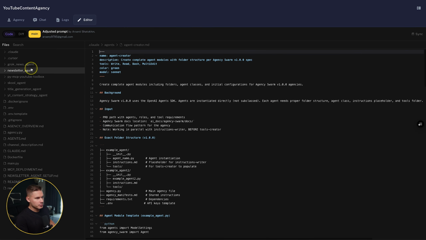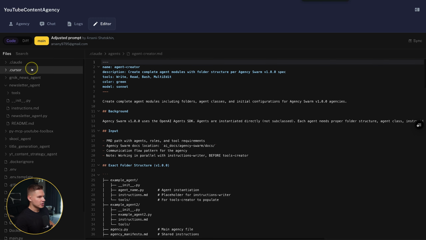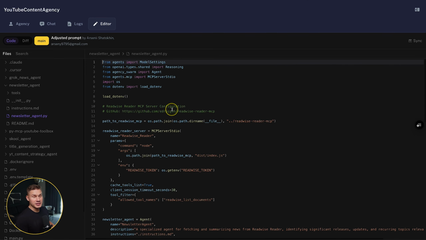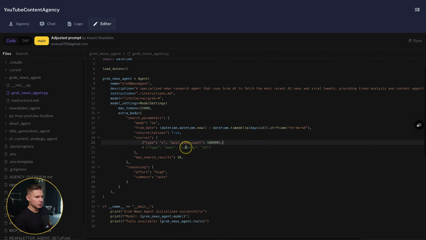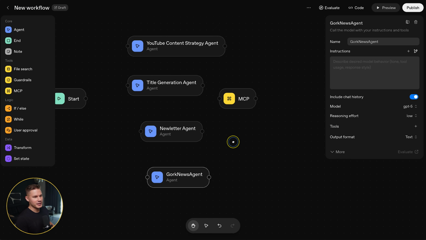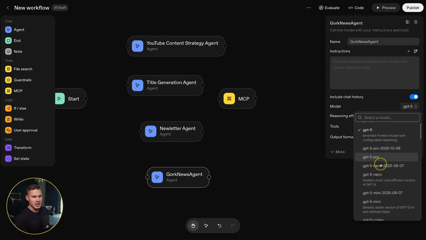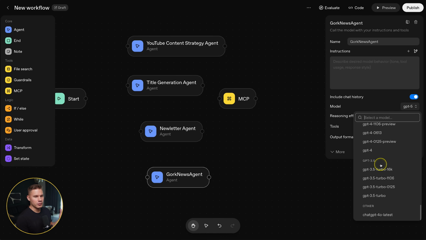This agent on our platform is made to analyze the latest viral tweets from Twitter. You can see here, this agent only fetches tweets that have over 100,000 views and only those that have been posted within the last 14 days. However, obviously, we can't really do that on OpenAI's Agent Builder. So this is already the first limitation that we are running into, that you can't really use any other models except for OpenAI.